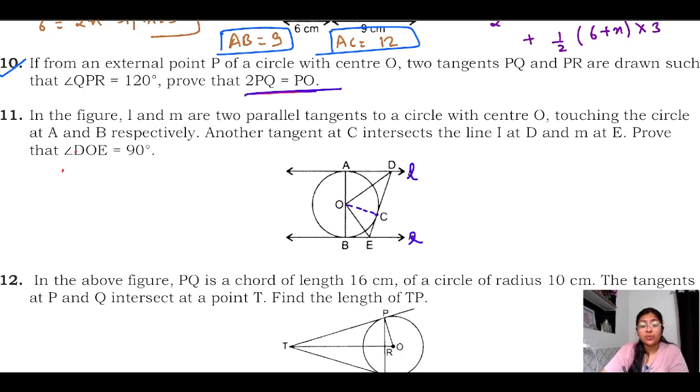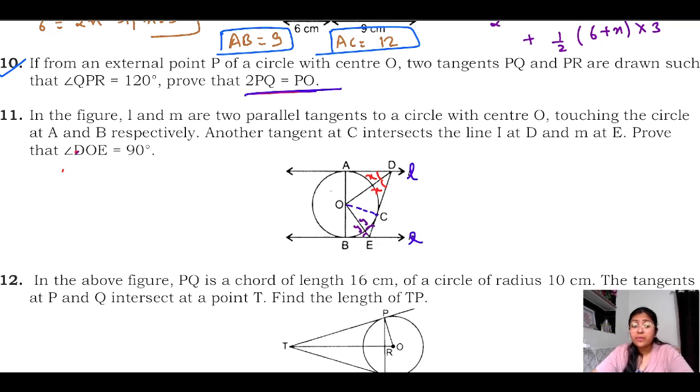Again, this question has two methods. Either you can use the concept that it is a straight line, the sum of all the angles will be 180 degrees, or you can use the co-interior concept. It is only up to you. I will tell you both methods. This OD will act as an angle bisector for angle ADC, yes or no? If this angle is x, this angle is also x. Very good, because these are the angle bisectors for the central angle made by the two tangents drawn from an external point. If this angle is y, this angle is also y.